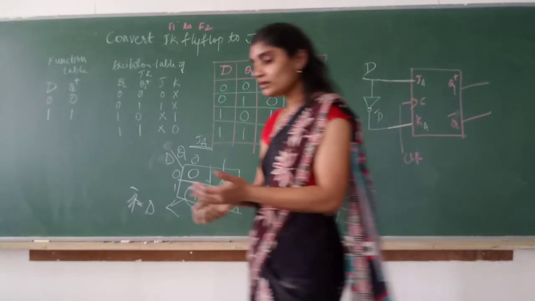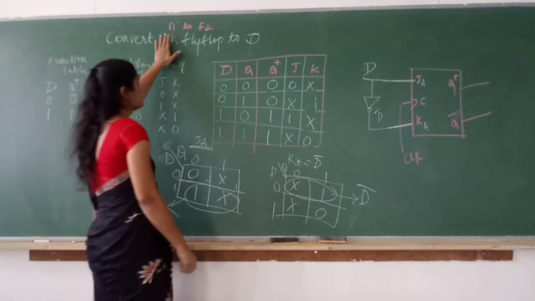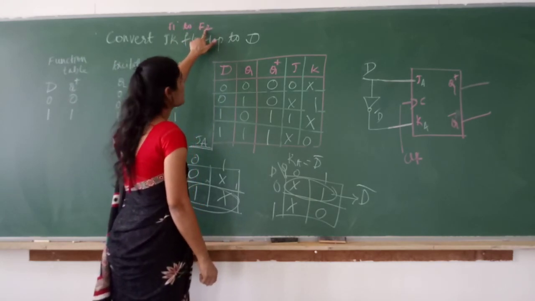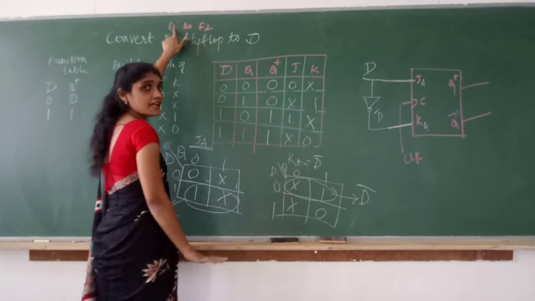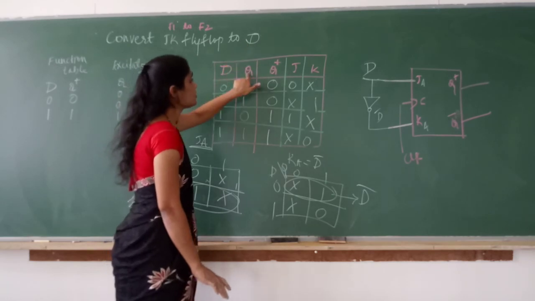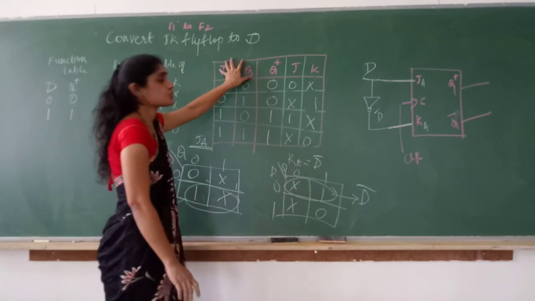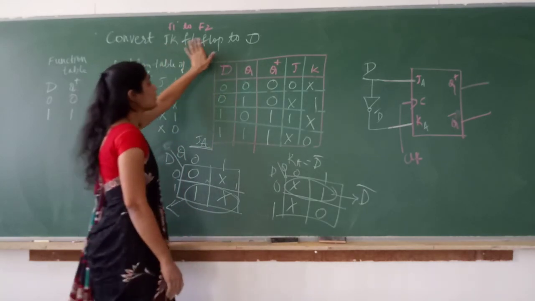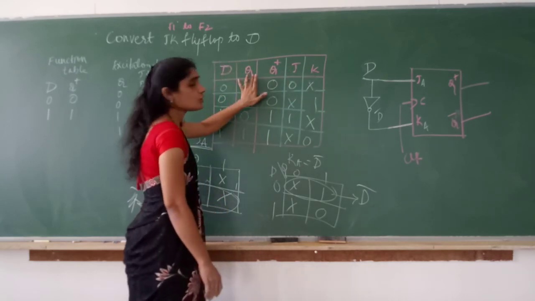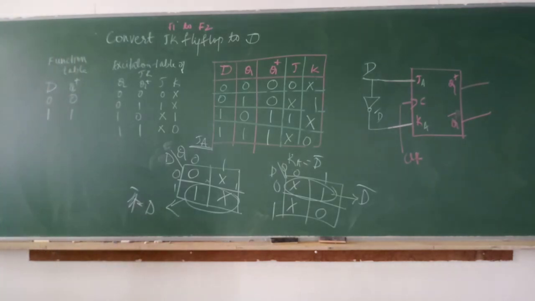Same thing you can do for other flip-flops also. So when conversion is asked, when you are converting one flip-flop F1 to another F2, the F2 function table should be ready and the F1 excitation table should be ready, and you always start from D, Q, Q plus, J K. And you derive an equation for these two in terms of these inputs. If you are converting JK to SR, S R Q is 3 variables, so write all the 8 combinations. So this is how we convert one flip-flop into another.